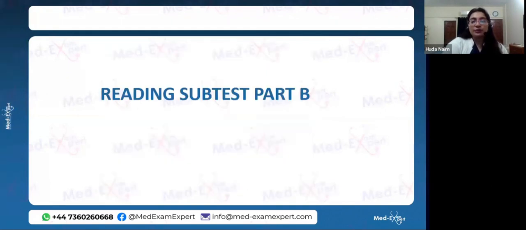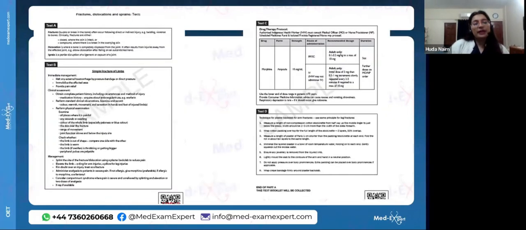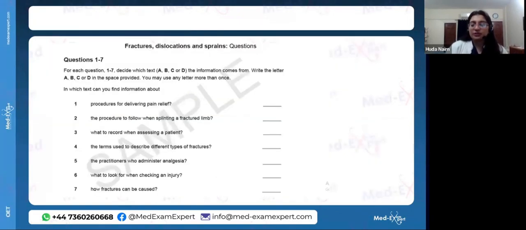Okay, so I'll go back to reading part A in detail again. For reading part A, you will have 4 different passages. So there will be a text A, text B, text C, and text D. You have to read each text and then answer the questions. For the first 7 questions, you just have to write the name of the text that has the answer.